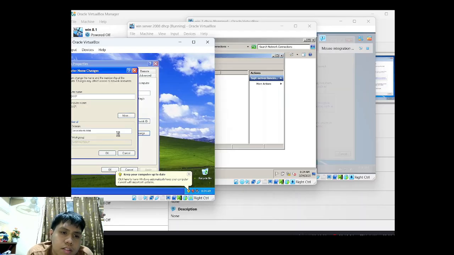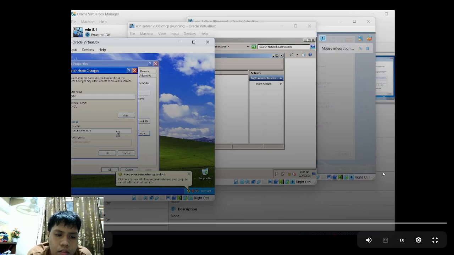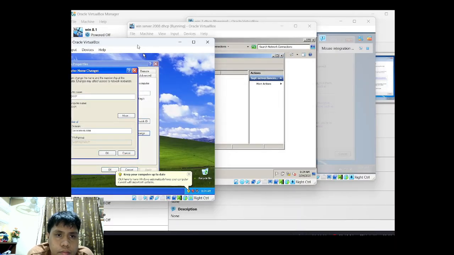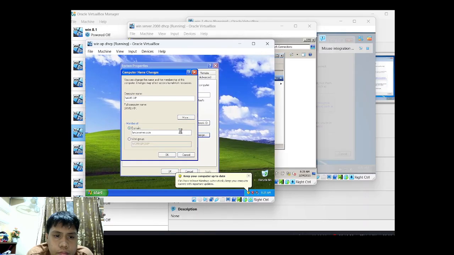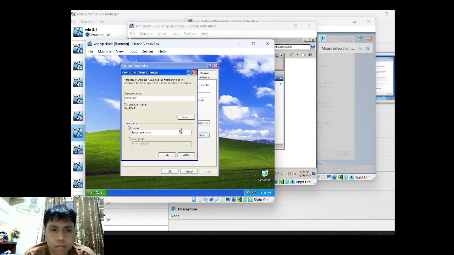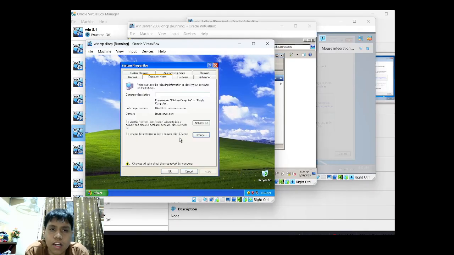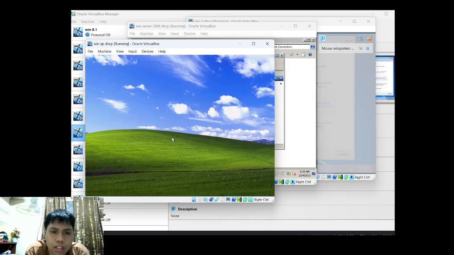Then after that, you just wait. Welcome to the lanserver.com. Now it's connected to the Windows 2008 server. Okay, then yes, restart the computer.